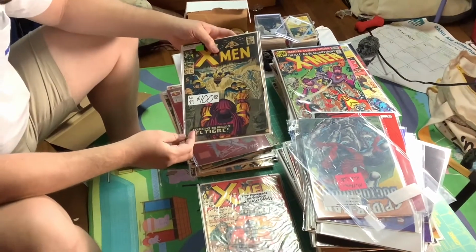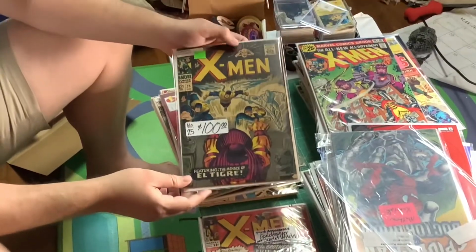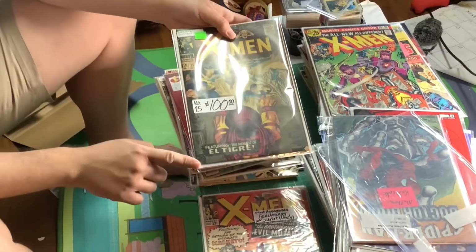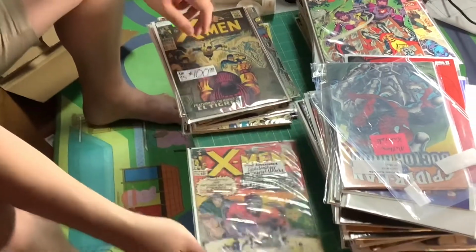Still has a Kirby cover, still has Kirby interiors. You know, constipated Professor X logo on top above the X-Men. You know it's early. Standard, yep. Beautiful. Fighting El Tigre, great cover. The book looks in pretty good condition, like 3.0, 4.0, and here is the big money,